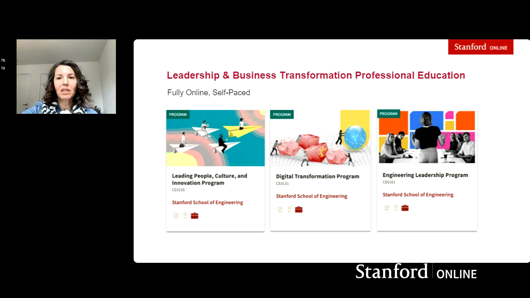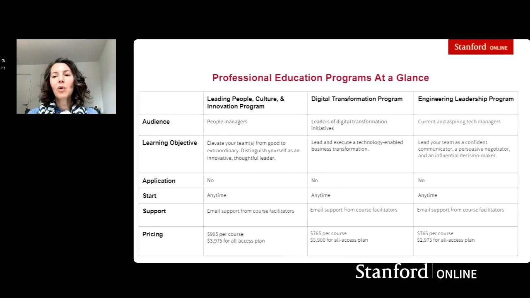Okay, let's go to this next one here. I like to see things like this in a matrix. I think it's super helpful to understand what we're looking at here so we can compare and contrast. The professional education programs, I showed you them on the previous slide, and these are at a glance. What are we looking at here? As Pax said, there's lots of stuff we have here, but it's about determining what is the right fit for you and your learning needs.